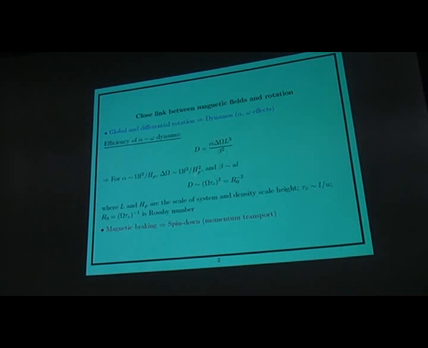magnetic fields can be generated by dynamo processes which involve the alpha effect and the shearing, which I call the little omega here because I'm going to use capital omega for global rotation. So for instance, the efficiency of the alpha-omega dynamo is roughly measured by the dynamo number, which is the product of the alpha and the omega effect. Here the delta omega is the differential rotation divided by the turbulent diffusivity squared.